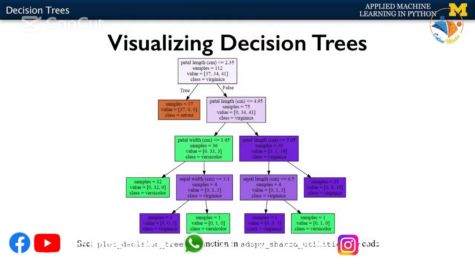Here's the resulting plot for the unpruned iris dataset tree. The first line in a node indicates the decision rule being applied for that node. The second line indicates the total number of data instances for that node. The third line shows the class distribution among those instances, and the fourth line shows the majority class of that